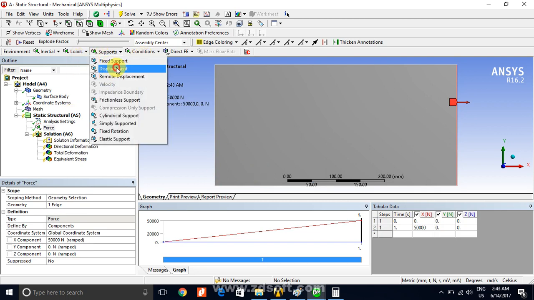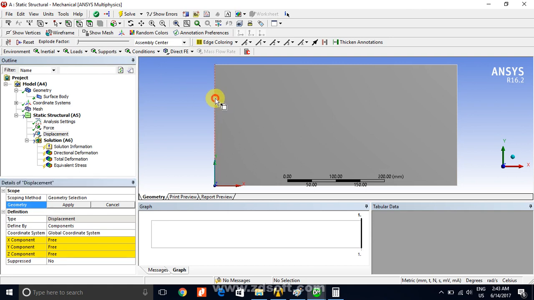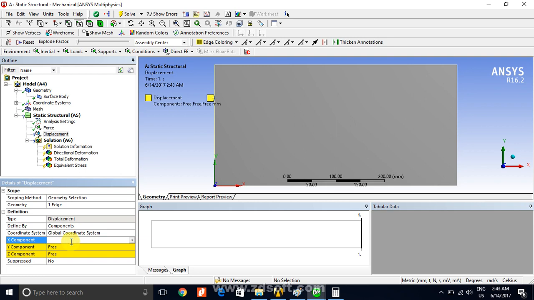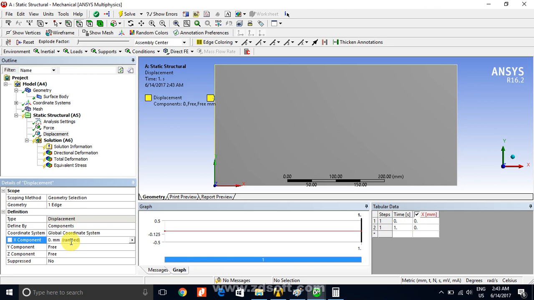You apply a displacement boundary condition, pick this, and here you just keep the displacement in the x direction equal to 0. If you solve it, it is not going to solve, because the matrix would again become singular. So why have I done it? First question: why have I removed this fixed support and only applied the displacement boundary condition in the x direction? Because